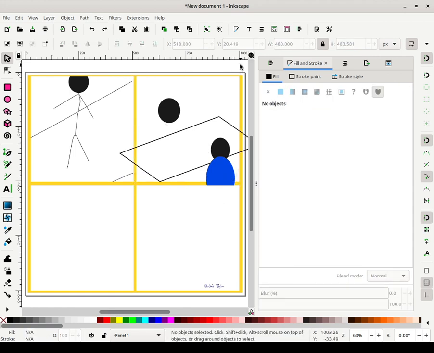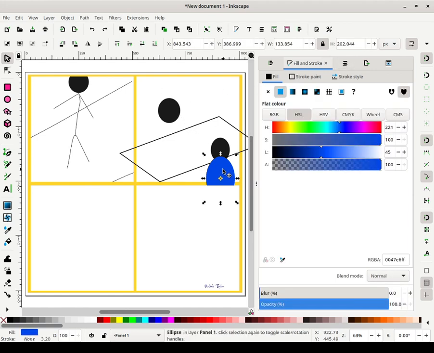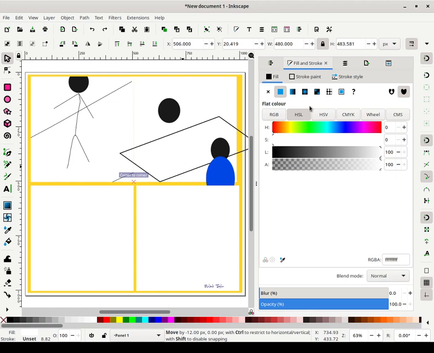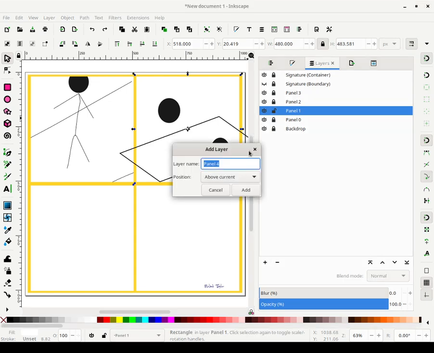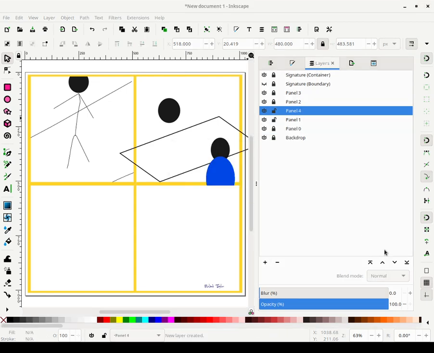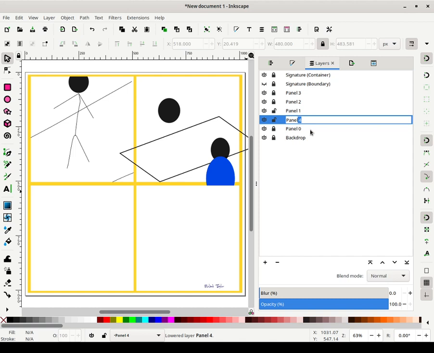If you keep running into problems like I am with selecting the object you don't want, you could put all this on a temporary layer and then you can still clip it. So what I'm going to do is actually add a layer below this one. I'm going to call this temp for temporary.